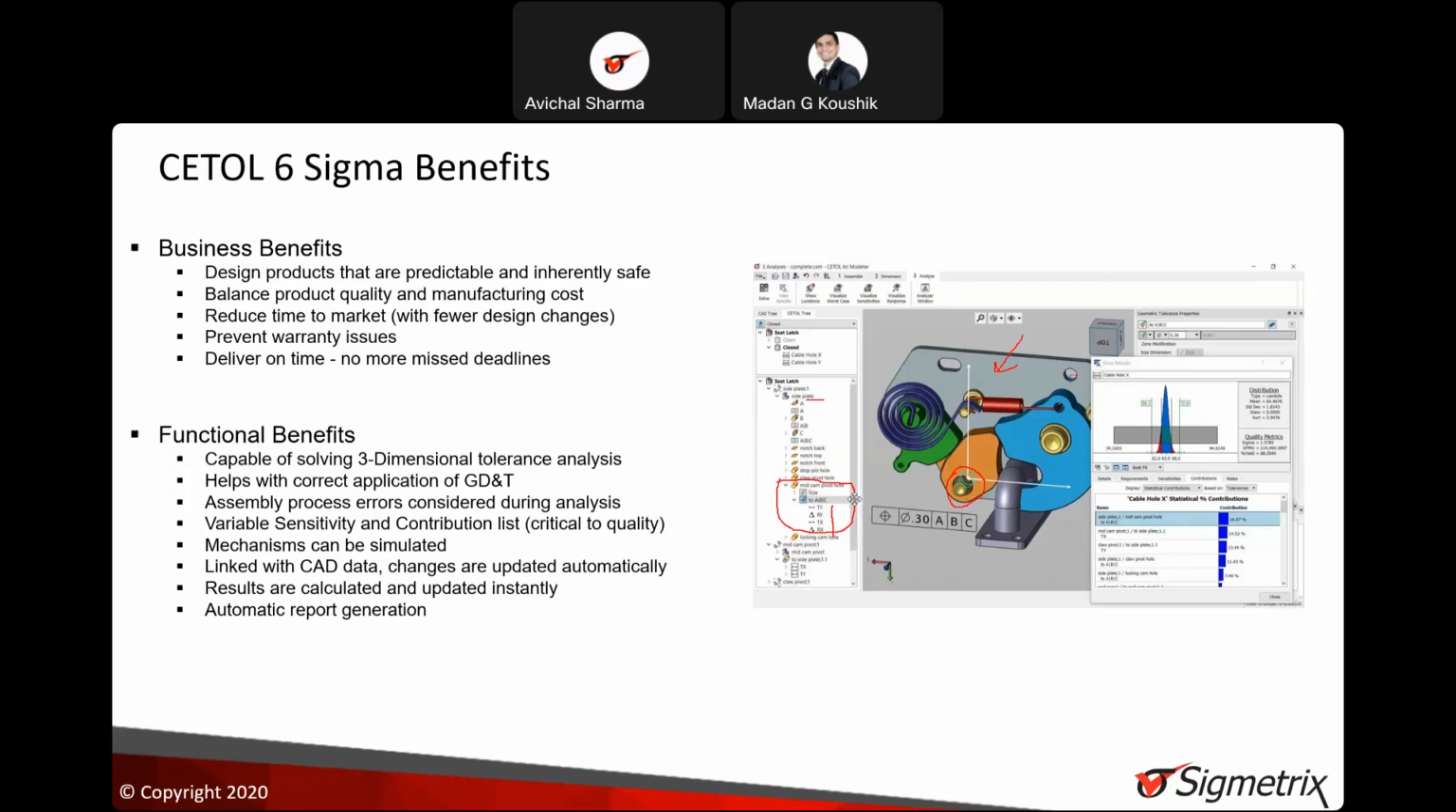All these four variables are taken as input towards the assembly variation. So we can identify how much impact there is on the assembly variations with respect to each input variable, like TX, TY, RX, RY. We can get the individual contribution from each of them, and that's where we get this contribution list. What you see on the right side, this list of contributors, is showing the impact of each variable